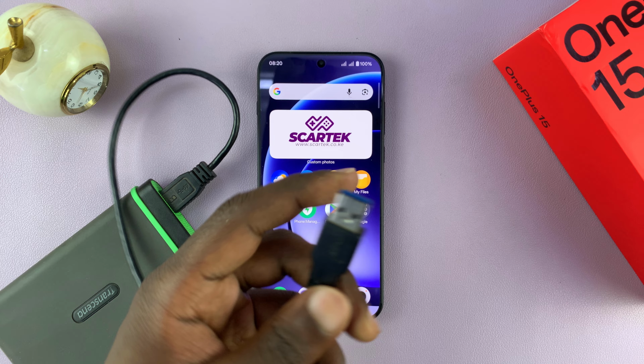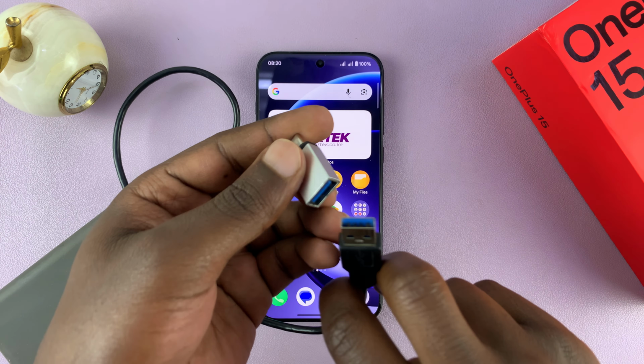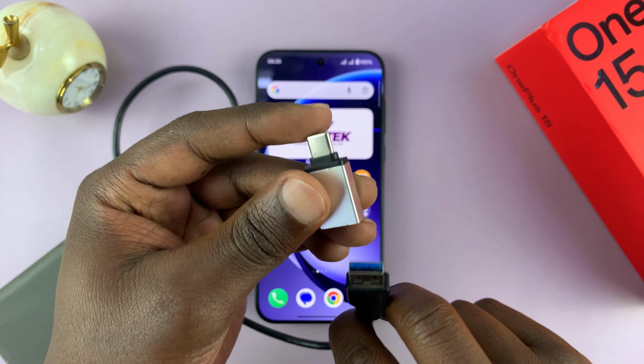So today I'll be showing you how to connect an external hard drive to your OnePlus 15. Now most of these external hard drives, especially these traditional ones, have the USB-A port. And so to be able to connect to your OnePlus 15, you do need an OTG adapter like this one with a Type-C connector. So connect the hard drive to the adapter and then the adapter to the Type-C port